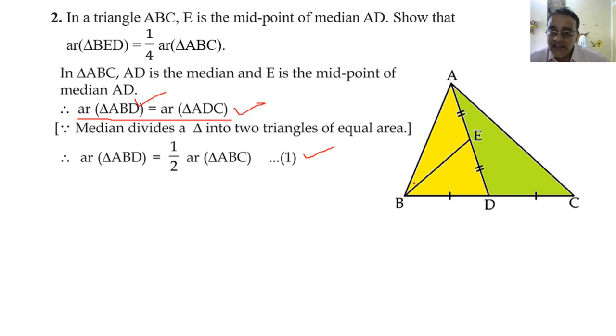Okay. अब ध्यान से देखो, it is already given that E is the midpoint of AD. So BE is the median of this yellow triangle. BE जो है वो yellow triangle का median होगा. Clear? Yes, sir. Okay. So now in triangle ABD, BE is the median. So these two areas are equal. Yes, sir. Why are these two areas equal? EB is the median of the triangle. So a median divides a triangle into two triangles of equal area.